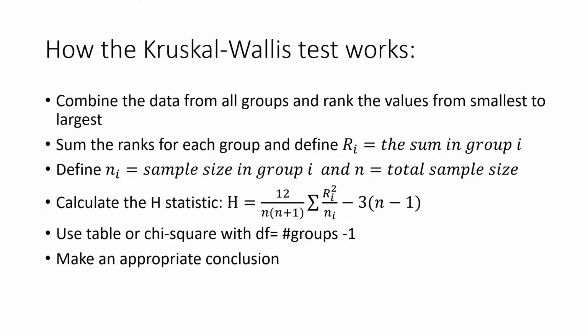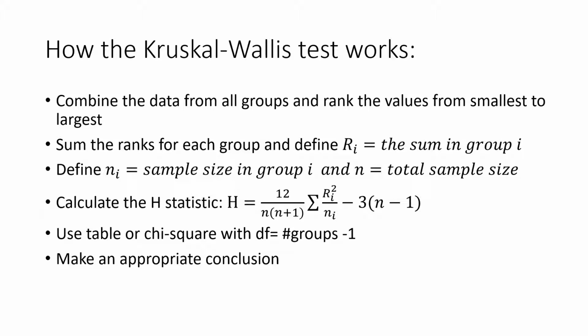How does the Kruskal Wallis test work? Well, we start by combining the data from all of the groups and ranking the values from smallest to largest. So this is very similar to how we started with the Mann-Whitney test. Then we sum the ranks for each group and define R sub i to be the sum of the ranks in the ith group. We also define N sub i to be the sample size for the ith group and N to be the total sample size of all groups combined. Then we calculate this H test statistic,